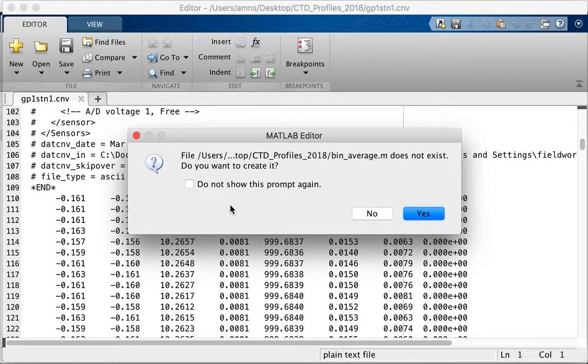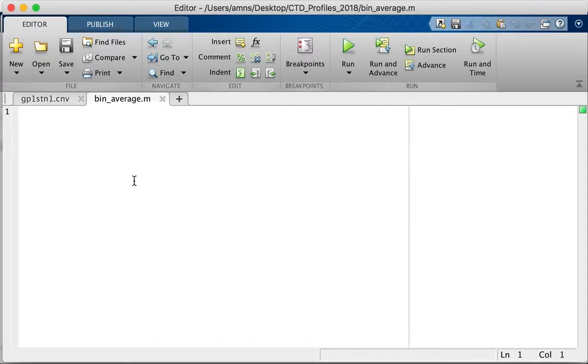And again, I've typed in edit and then bin average. That means that if MATLAB already had a function called bin average, then it would have opened at this point, so I would know that I shouldn't be creating a function of the same name. I've got this message saying that it does not exist. Do I want to create it? So I go yes. And what I'm going to do now is create this function which we're calling bin average,